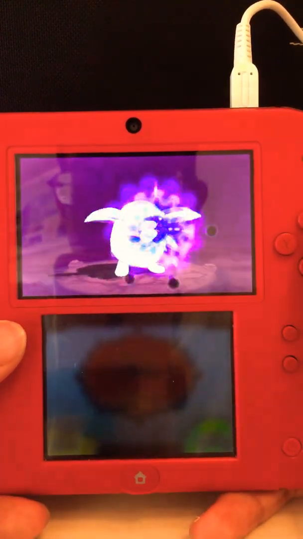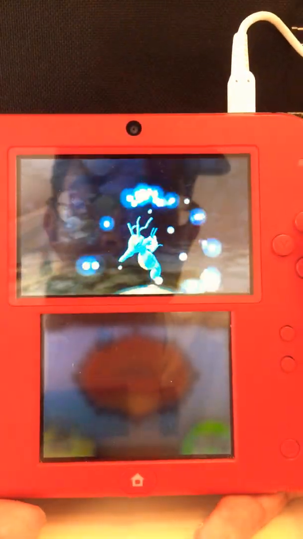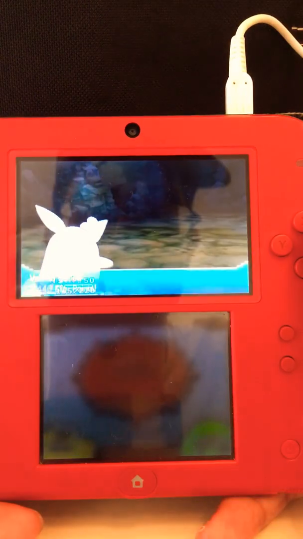Crits, guys, are scary. So Focus Energy plus the Sniper ability that this thing might have. If it's not... I don't think it's a hidden